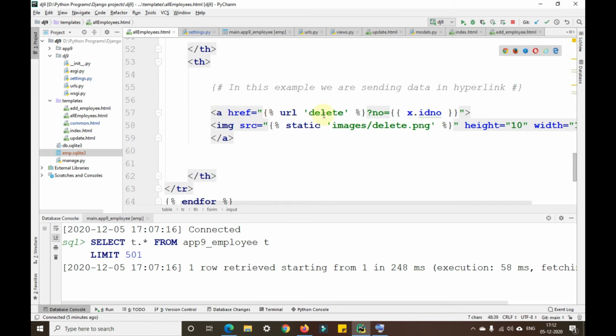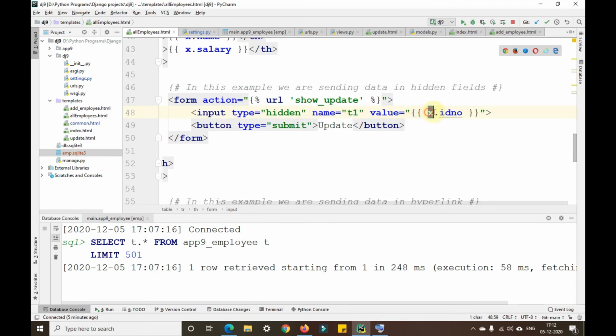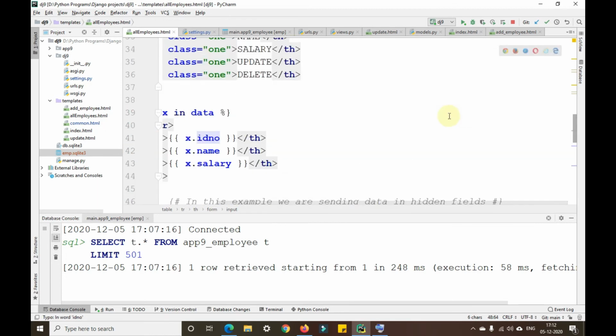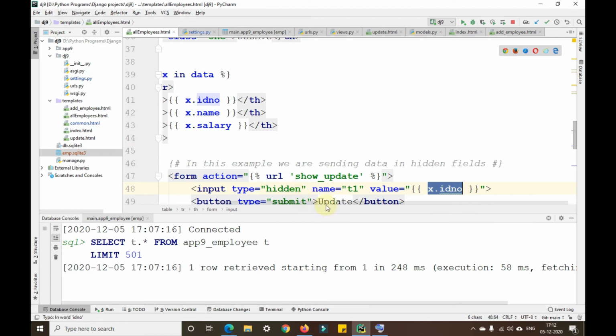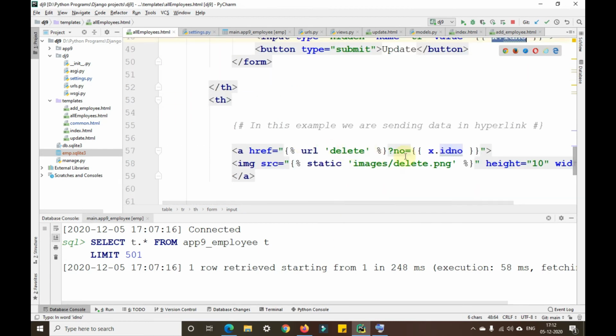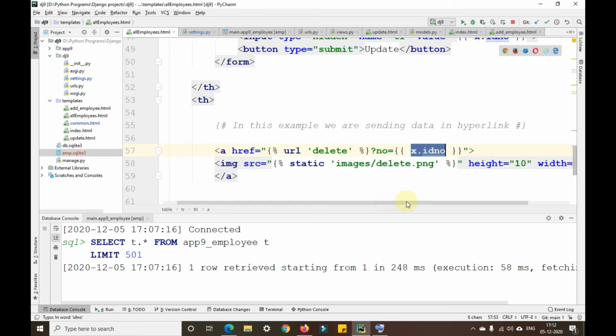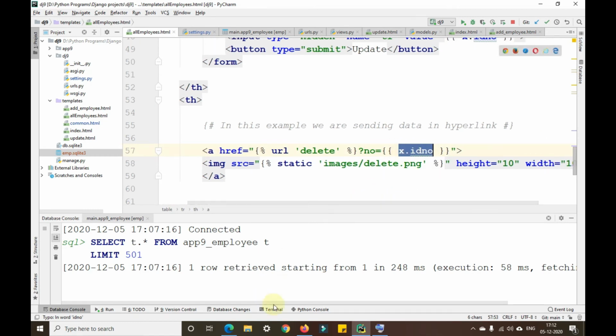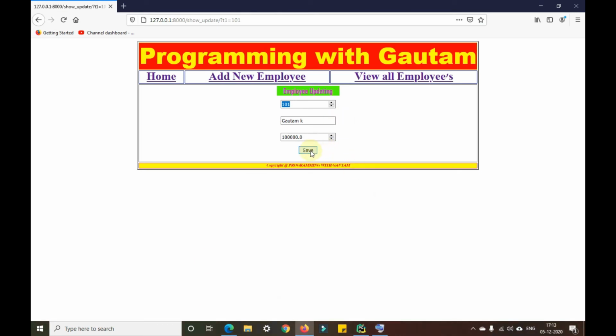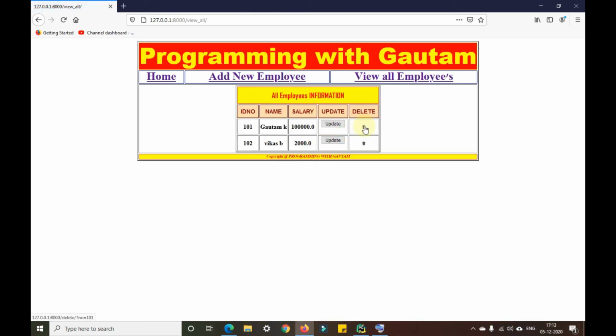I've not told you about this particular delete button. This delete button is also the same as the update thing. Here also we are giving the x.id number, as it is unique for every for loop, every instance. It is unique for every instance here as well. So I'm sending this particular x.id number in the URL here. As you can see, I'll click on save here. When I go on the delete button, you can see there is something appearing here. Just observe, the URL will appear here.